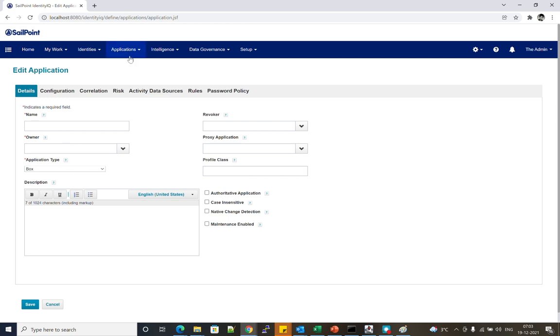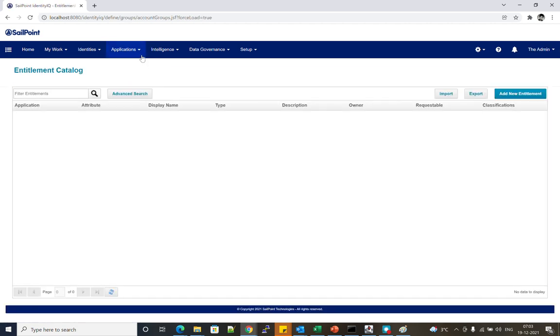Then what else in applications? The entitlement catalog is very important. Other options I won't discuss with you now; when the time comes, I'll explain them. Right now, I'll explain whatever is very, very important. Only those things we will see. Next one is the entitlement catalog. I told you, right? Access means entitlement or roles. Entitlement is access, basic access. Just remember,